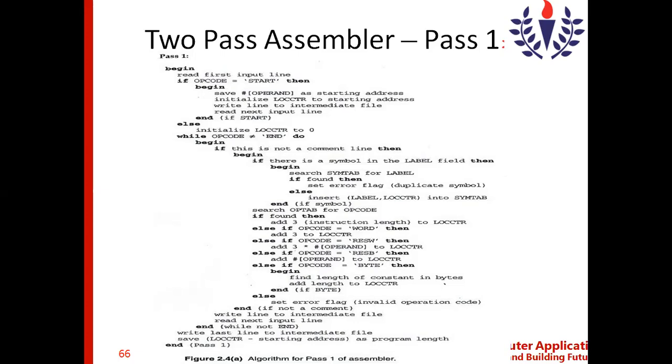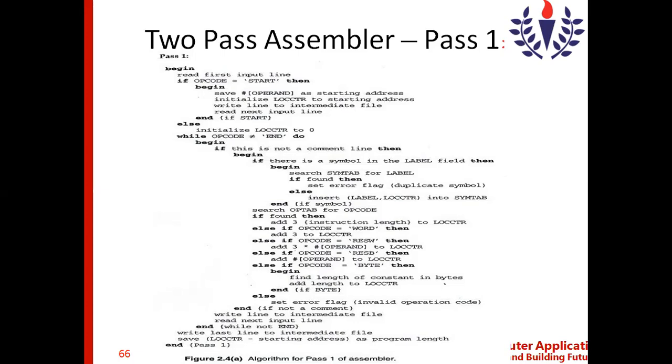When the assembler does its process, during assembly or compilation, it checks the entire program and says whether there is any error or not. During this process it will display the error message saying duplicate symbol.